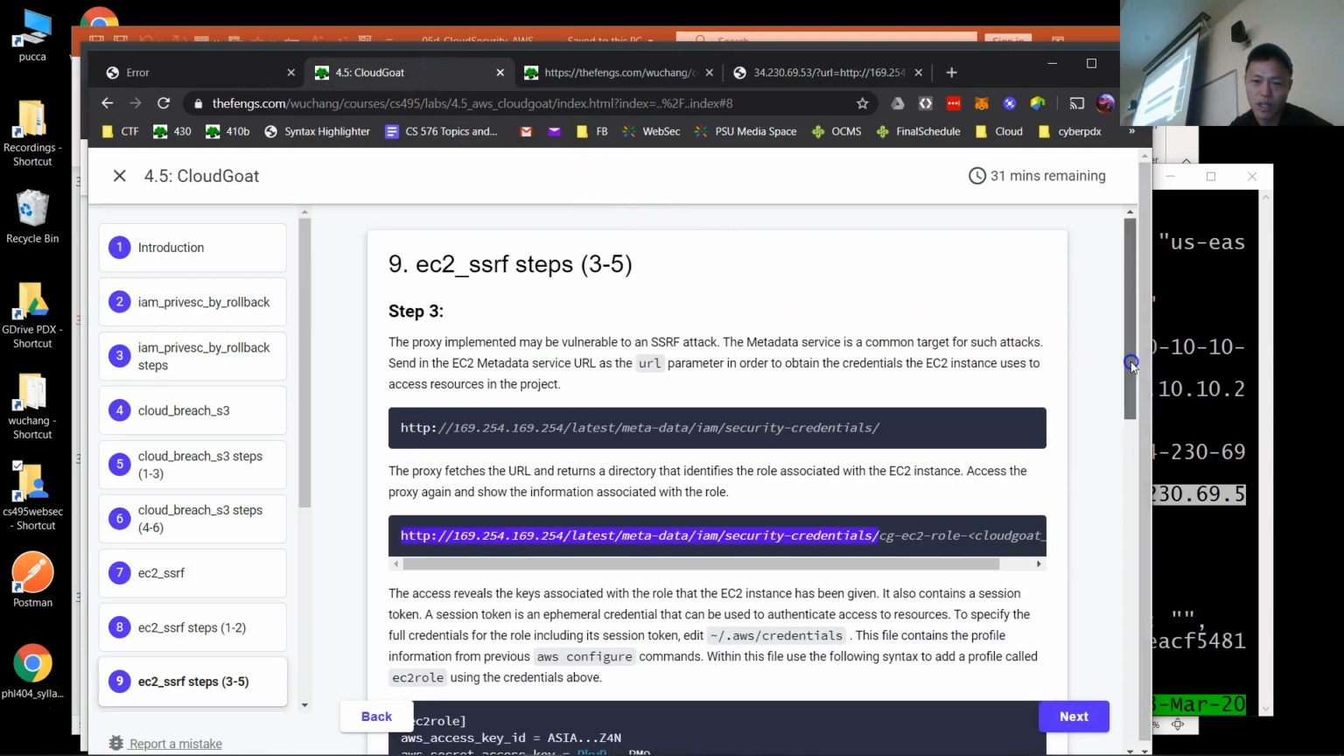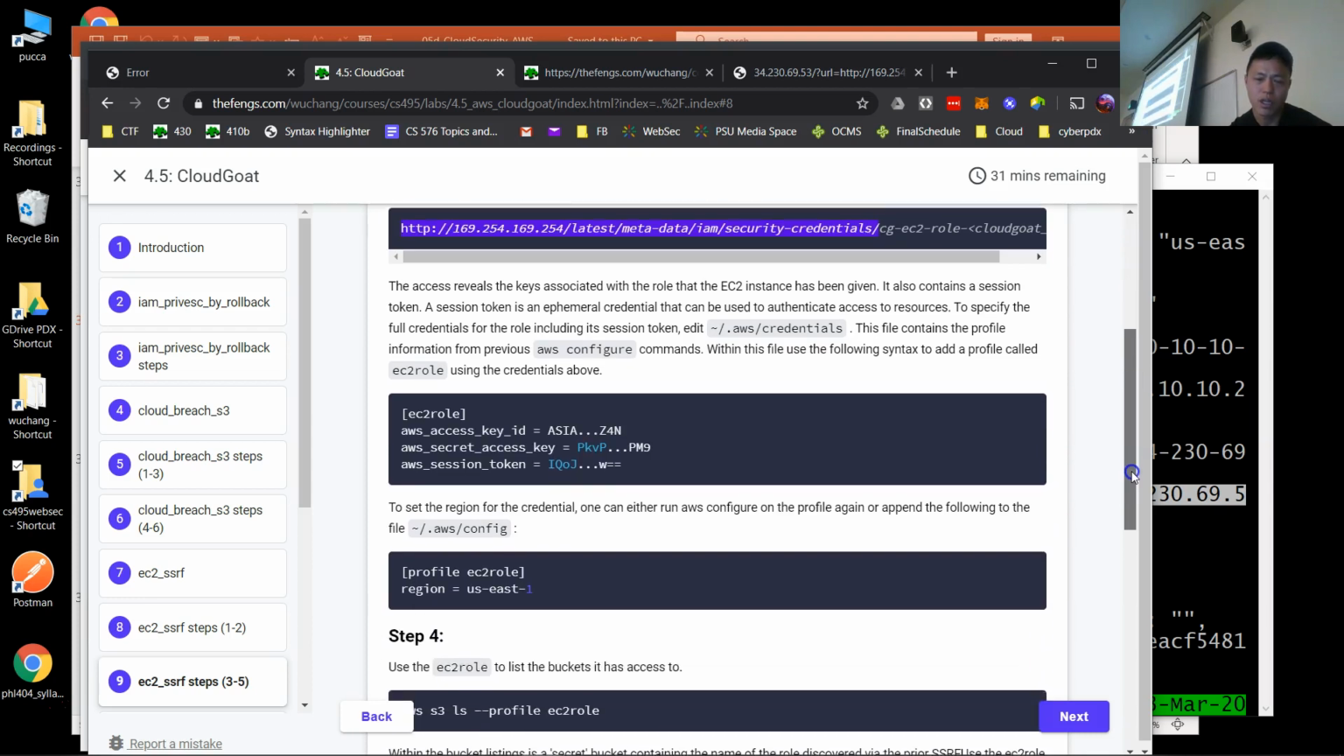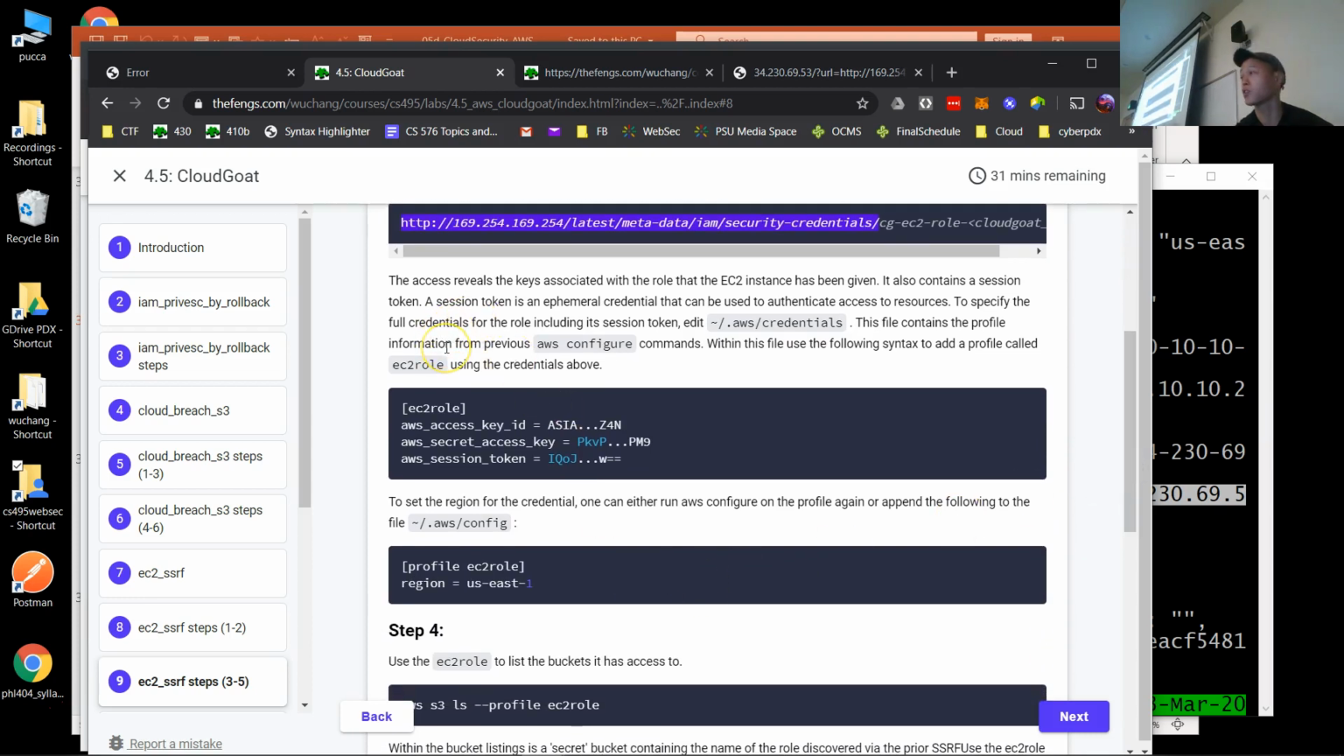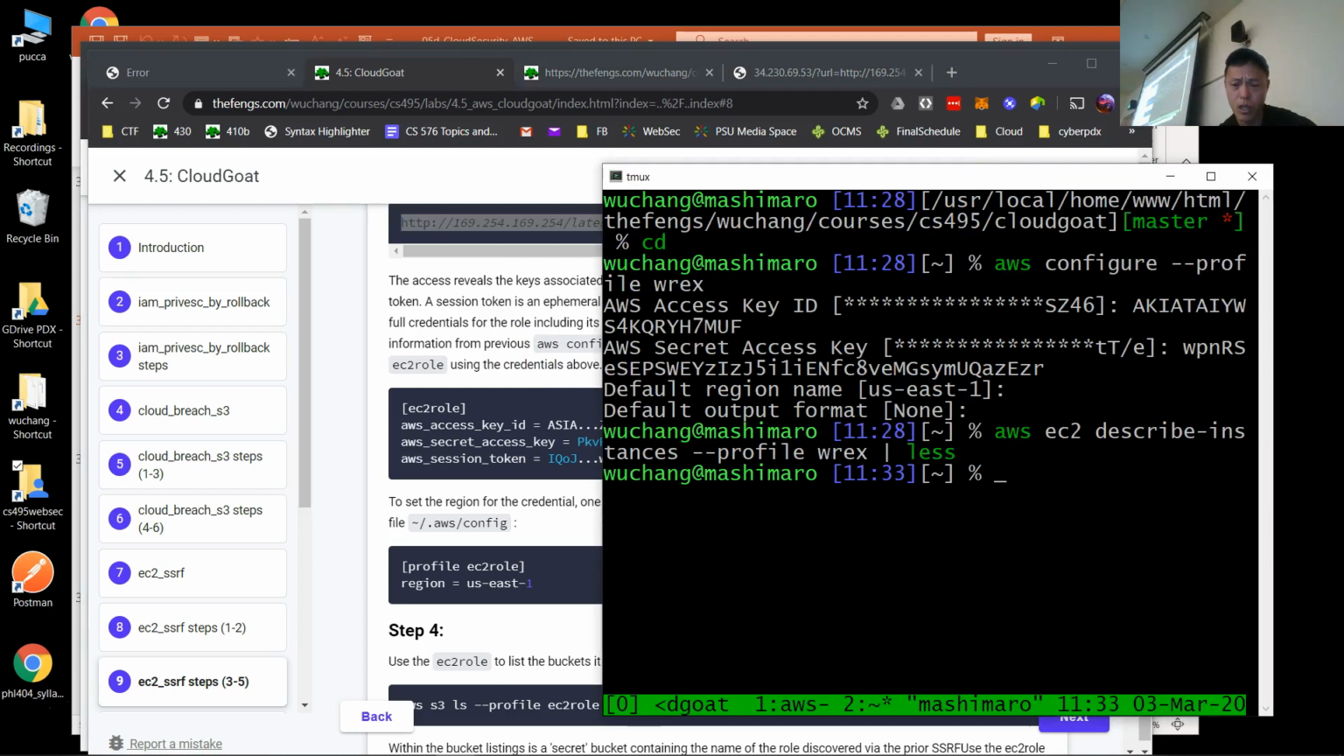All right. So then what I'll do is I'll configure another. This is the EC2 role that I've just got from the metadata server. I'm going to configure that. So there's no way to enter in the token through AWS configure. So what I'll do is I'll first do an AWS configure --profile EC2 role, the access key ID